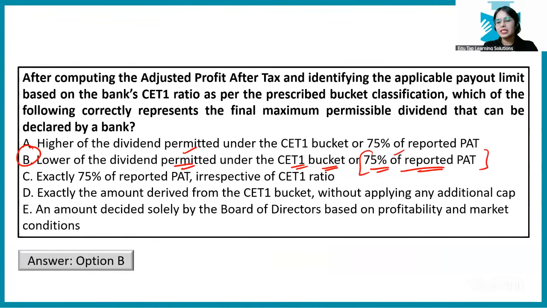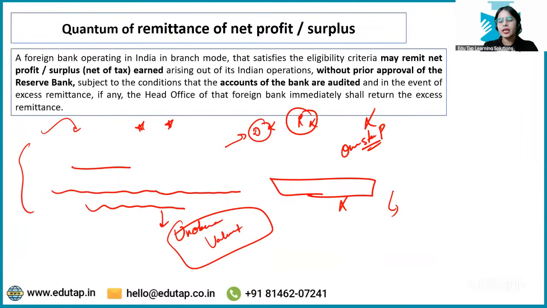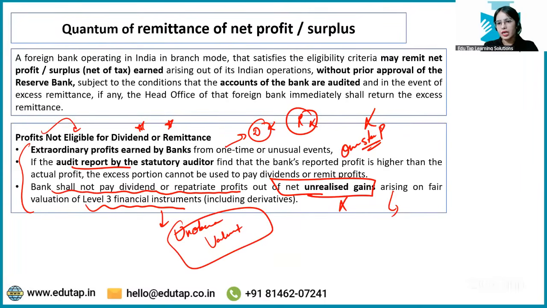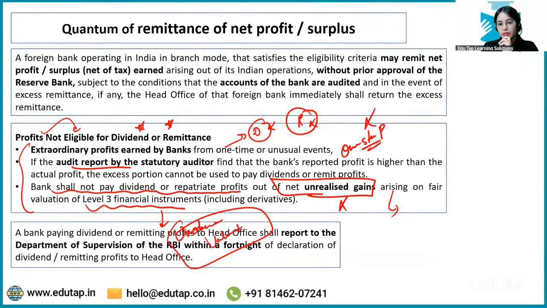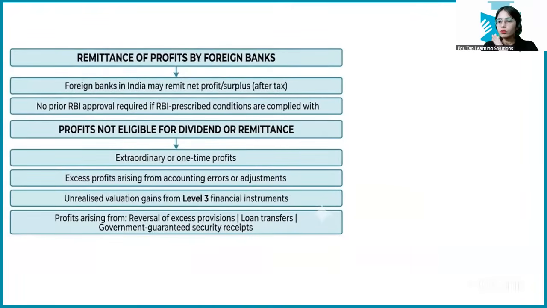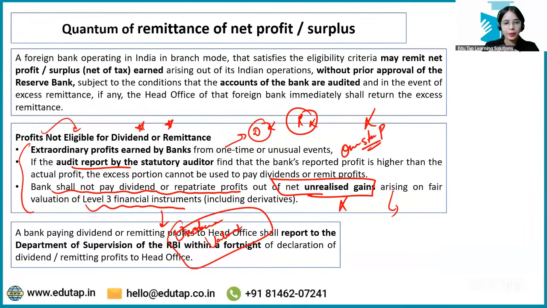Level 3 financial instruments can be customized derivative contracts that are usually not traded much in the market. Yes, in one go, for sure, you will have the issue. Okay. Now,